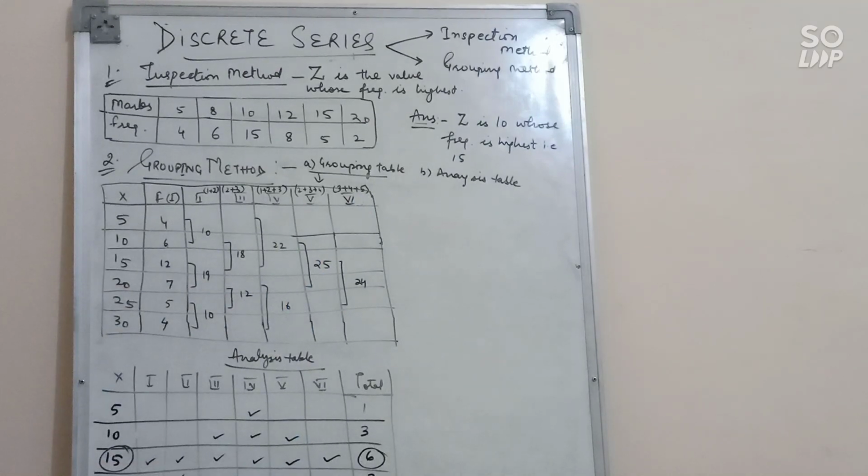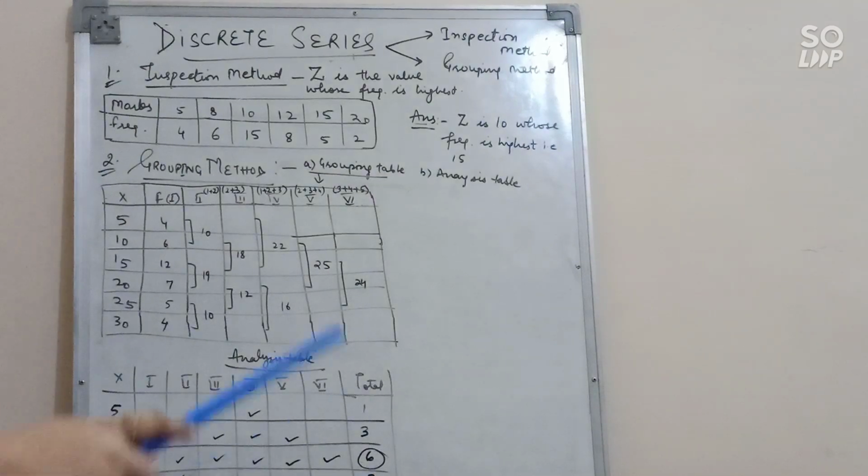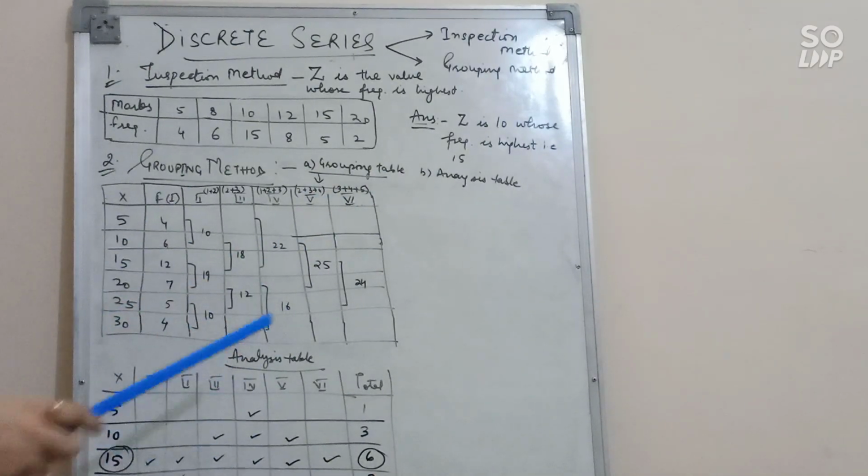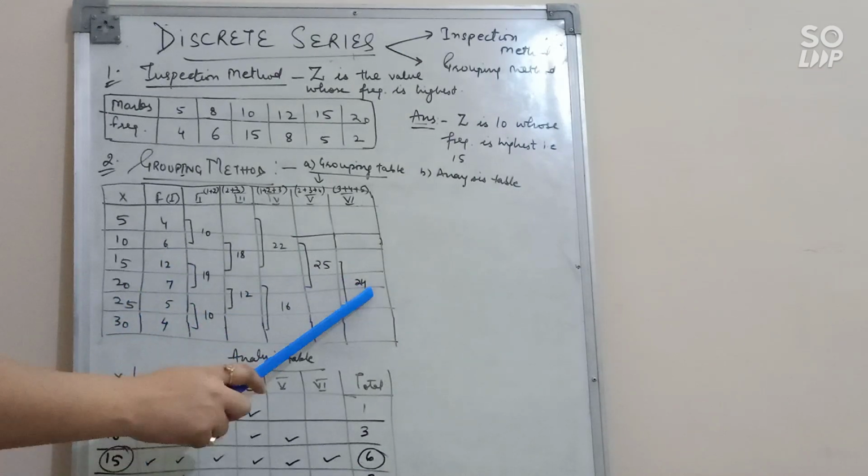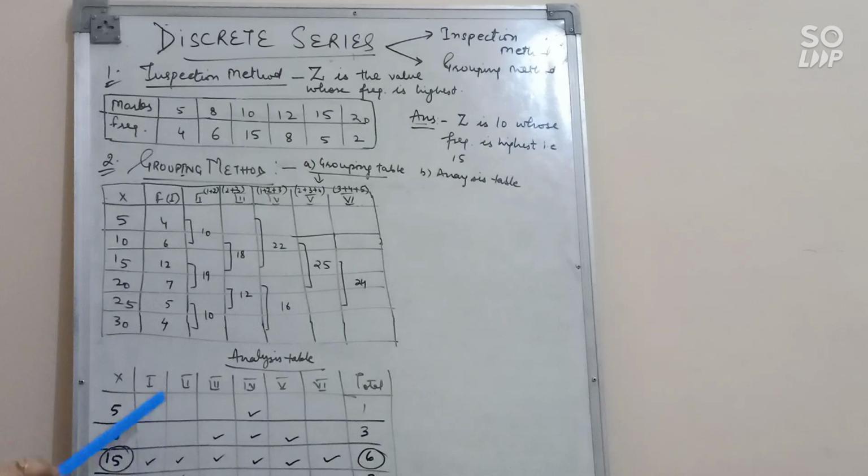Now next is sixth column. So how will you make sixth column? Now again we will make group of 3 values, but first 2 values we will leave. We will start with the third. Clear? So third plus 4 plus fifth. The sum of these 3 will be 24. Next we have only 4. So we don't have a group of 3 items, so we will leave this value. Done? Clear? So in this way you will make 6 columns.